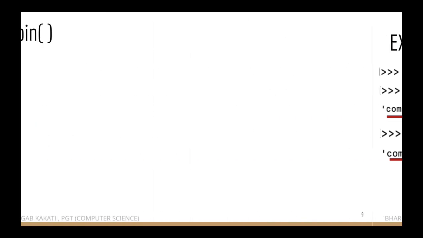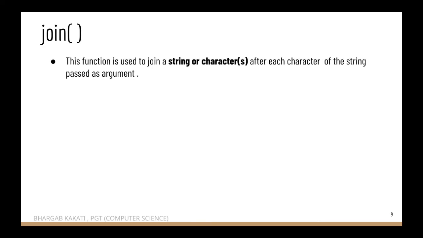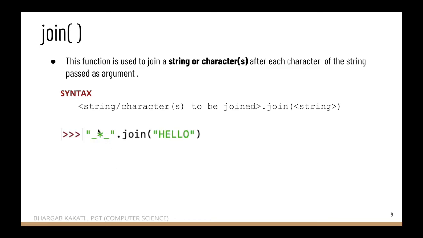Got it? Let's move on to the next function, that is the join function. What it does? This function is used to join a string or characters after each character of the string passed as an argument. Let's try to understand with the help of syntax and examples. This is the syntax. String or character to be joined, dot join string. So here what happens? Whatever character or group of characters we want to join, we will put it initially. Dot join, to whom we want it to join, we will put it within the